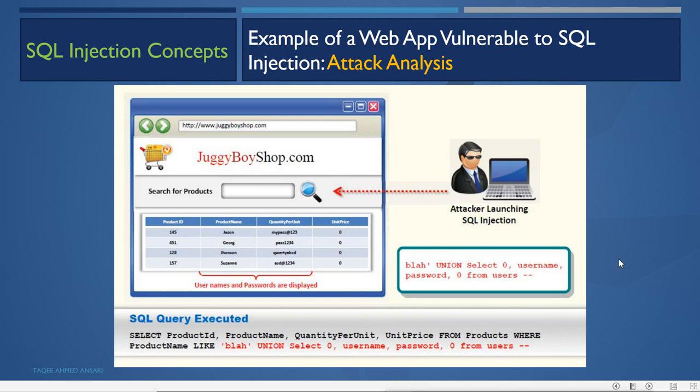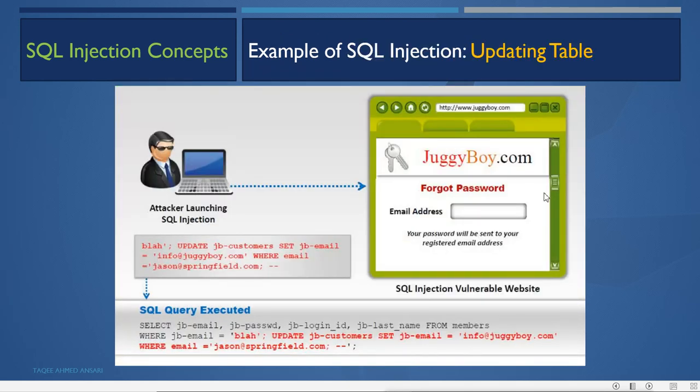Again, for updating the table, remember I said that for updating the table it will use the update command. So it can also update the table by using SQL injection. The attacker will launch it in a field, whatever the input is. Suppose this site is accepting input for email addresses. Now it wants email addresses, only email addresses should be accepted, nothing else. But if it is not validating it and it is accepting these query strings here, the attacker will inject like this.